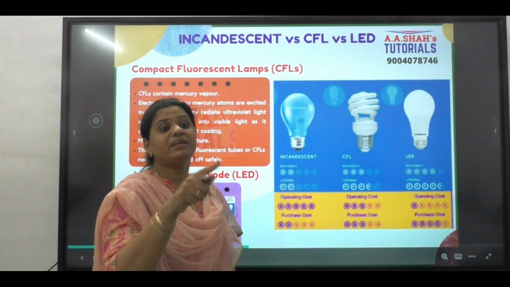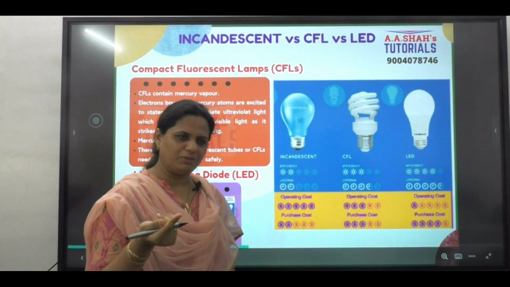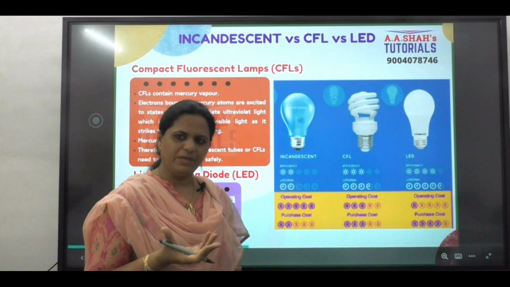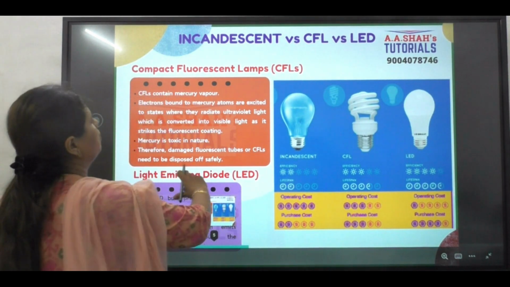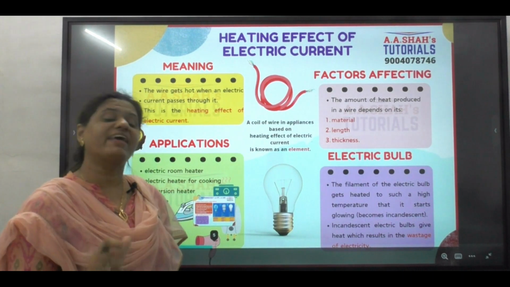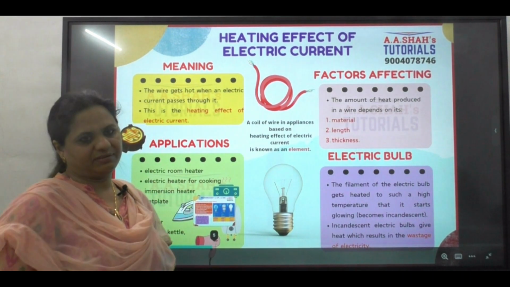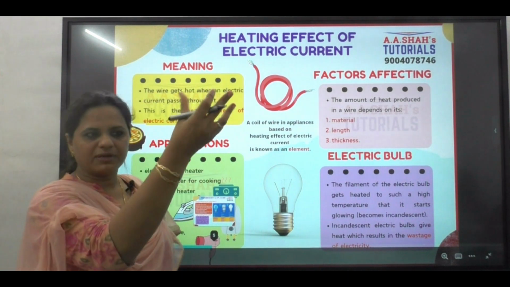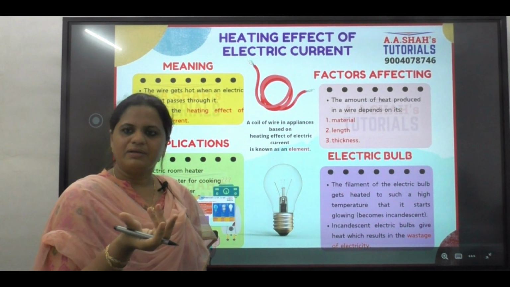AC sometimes gets heated up. No, but that is actually inefficiency, because of which any device gets heated up. So every time electricity will result in heat generation, but what we are looking at is where heat is the requirement. Like an electric bulb also gets heated up. Hair dryer. Hair dryer too.